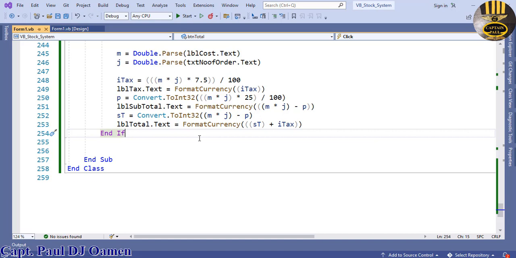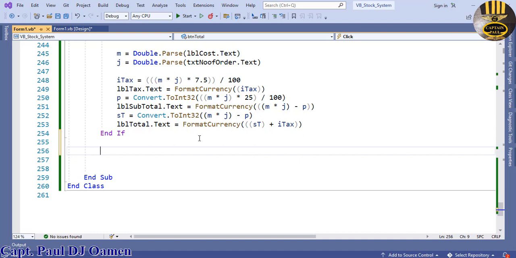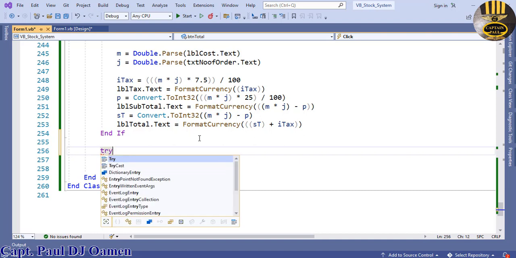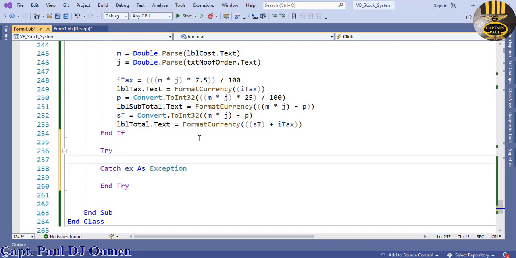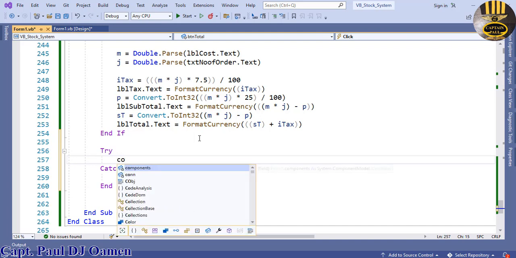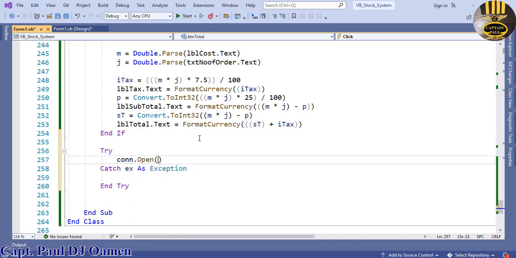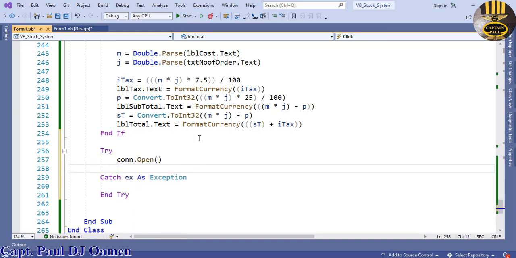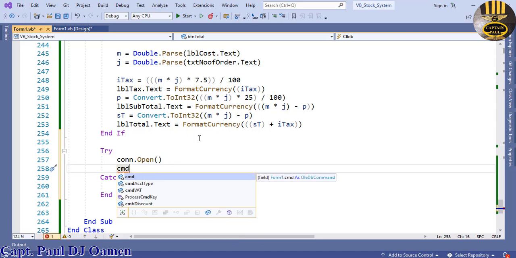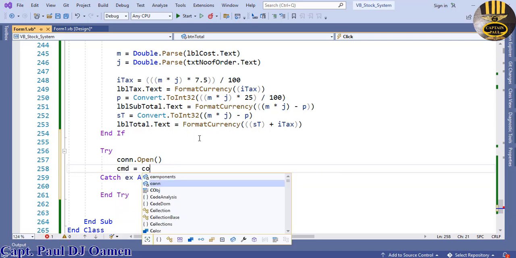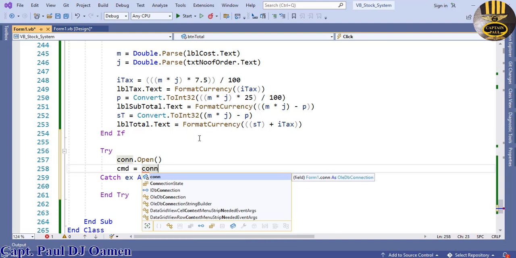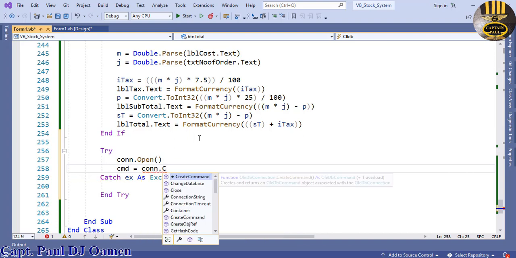To achieve that, first of all, I am going to enter try, just in case I run into any problem. Let's get the system open, connection dot open, and let's say the command cmd equals the connection itself, connect dot create command,